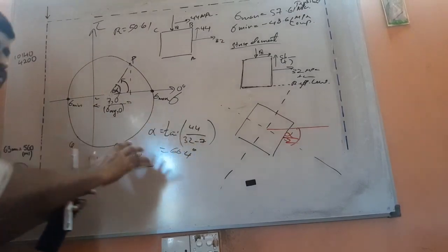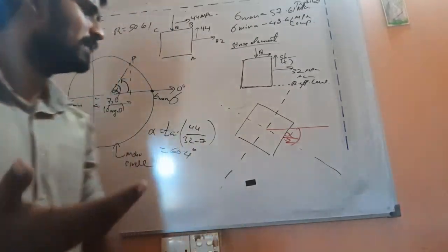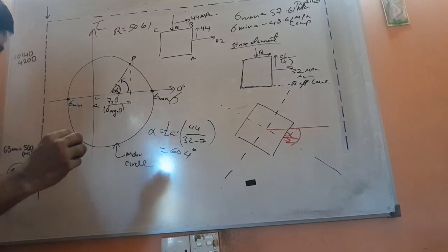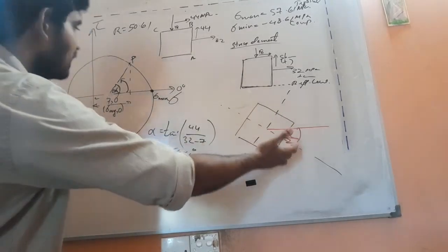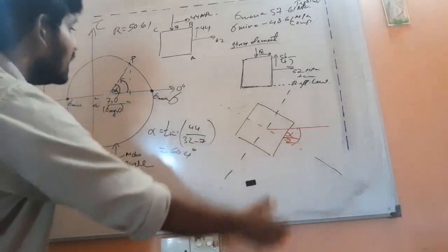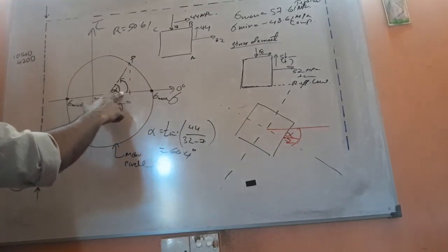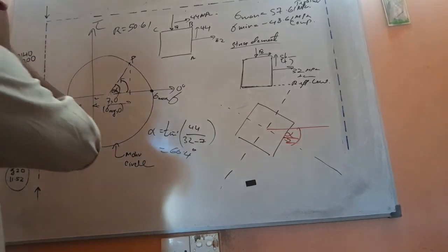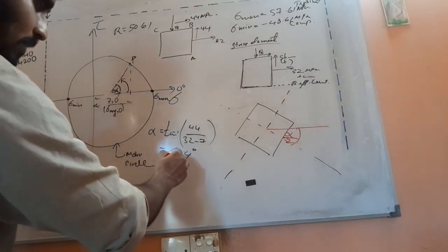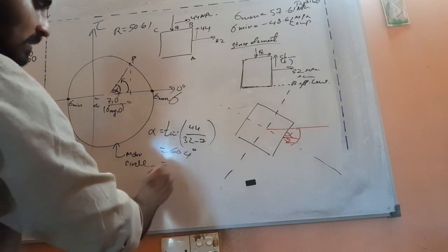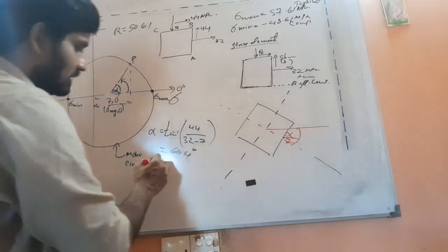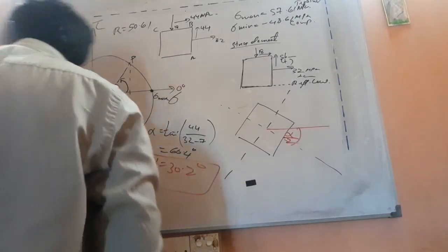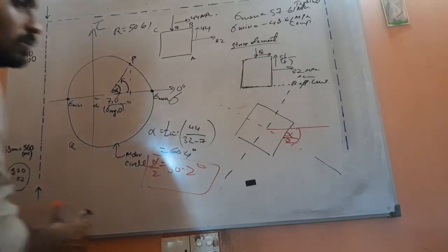So this will not produce two different results. I'm trying my best to explain this to you. This will never give you two different results. This will give you the same result, but you don't have to rotate this by alpha degrees. You need to rotate this by half of the degrees as in here. So this is alpha by 2. That means what is our alpha? Alpha is 60.4. That means what is alpha divided by 2? 30.2 degrees. So this is 30.2.